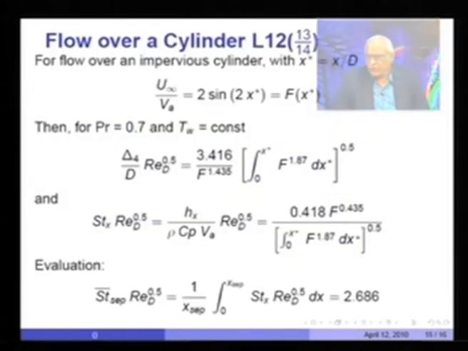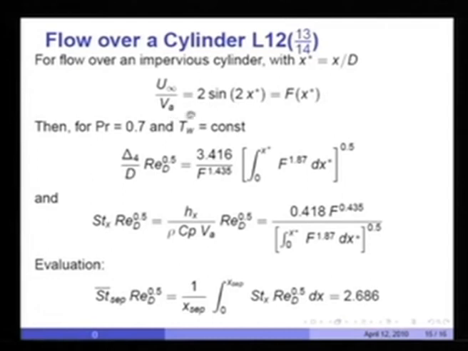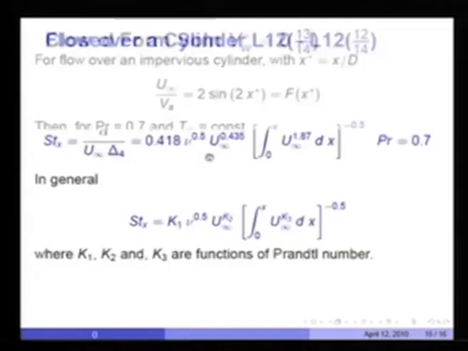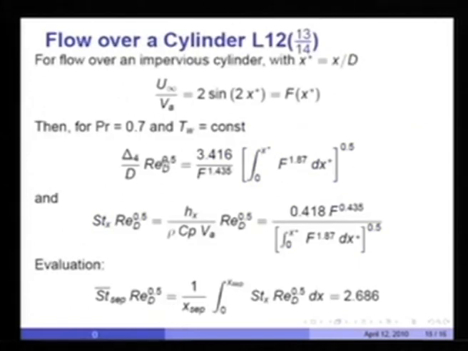I will now consider the flow over a cylinder that we had considered earlier, for which u infinity by V infinity is 2 sin 2 x star, where x star is x by d, and I had called this f of x. Then for Prandtl number 0.7 and T w equals 0, it is possible to integrate, substituting for u infinity our function. It is possible to show that delta 4 by d Re d raised to 0.5 would read like that, and Stanton x would read in this fashion. If I were to integrate this function from 0 to x separation, I get the result